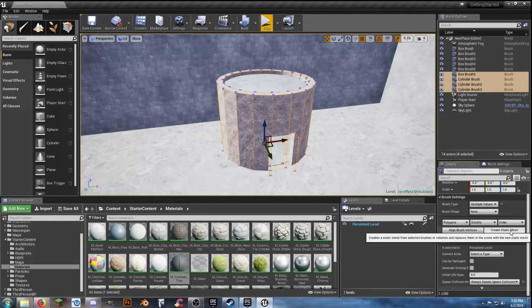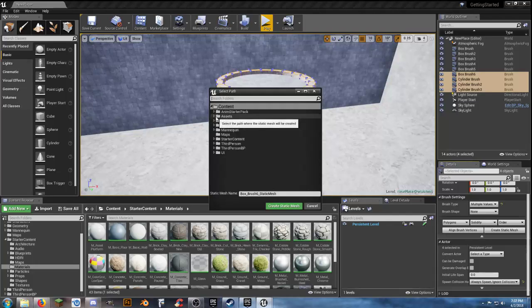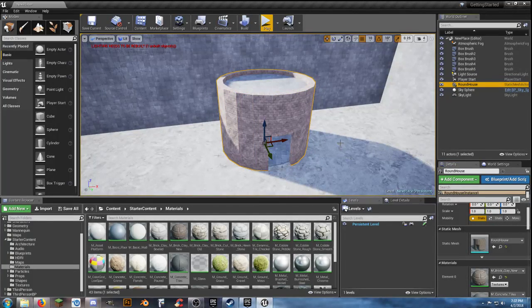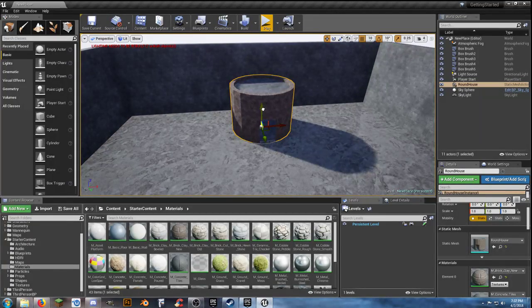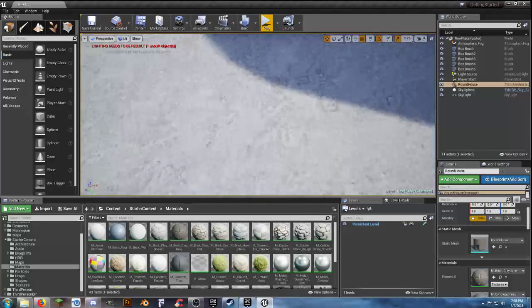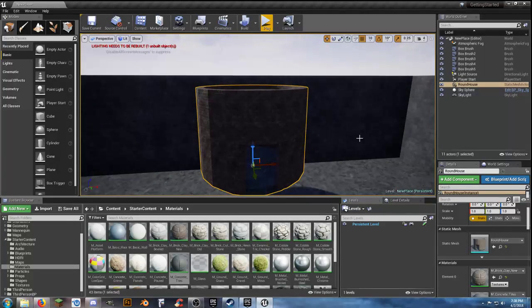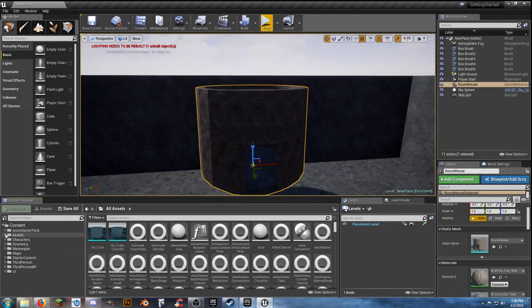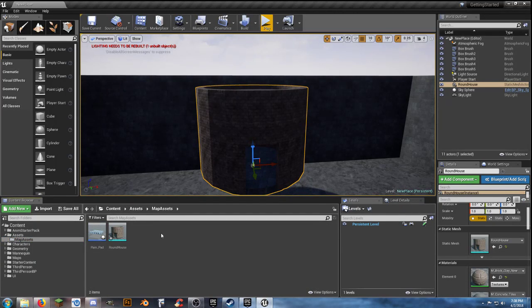So you click on the button and create static mesh, and tell it where you want to go. I want to go to my map assets, and we'll give it a name. We'll just call this round house, whatever. So now we can click on create static mesh, and it can bind them together into a static mesh that now has shadows. The textures are all working on it. Everything is all there, and we can actually go to the folder we just told it to go to. Go to our assets and map assets, and now we actually have